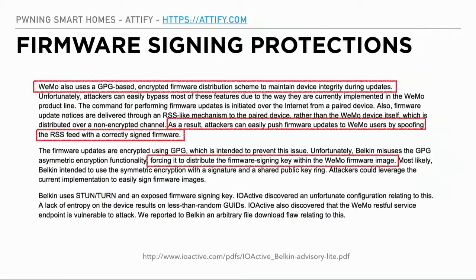So this is by Belkin Wemo, which was thought to be pretty secure because they had things like firmware signing and all of that. But when someone actually sniffed the connection, it was found that it also distributes the firmware signing key along with the firmware download. So you just sniff the connection, get the firmware signing key, put your own malicious firmware, sign it, and then the device will think that this is a really trusted firmware.